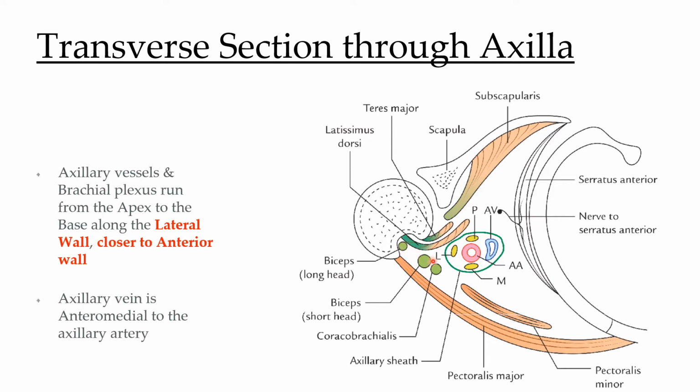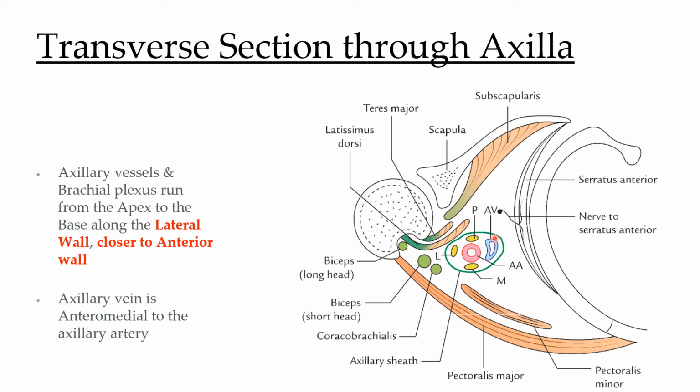Now let us see the contents of the axilla. Here you can see this is the cut section of axillary artery. This is the cut section of axillary vein. Now you need to note here that axillary vein is in medial relation to axillary artery. Posterior to axillary artery, this is the posterior cord of brachial plexus. Lateral to axillary artery, this is lateral cord of brachial plexus, and medially this is medial cord of brachial plexus, and hence what we are seeing here is the second part of axillary artery.